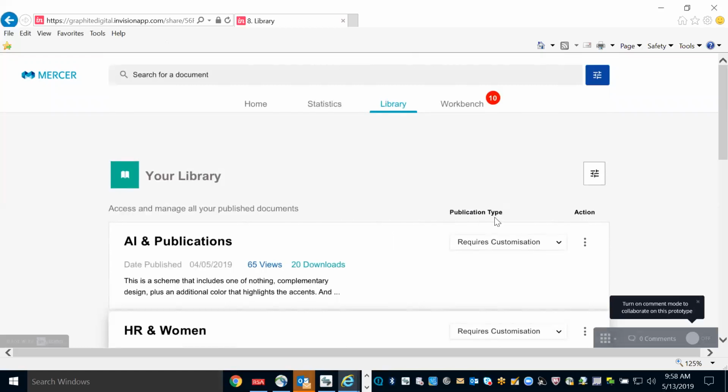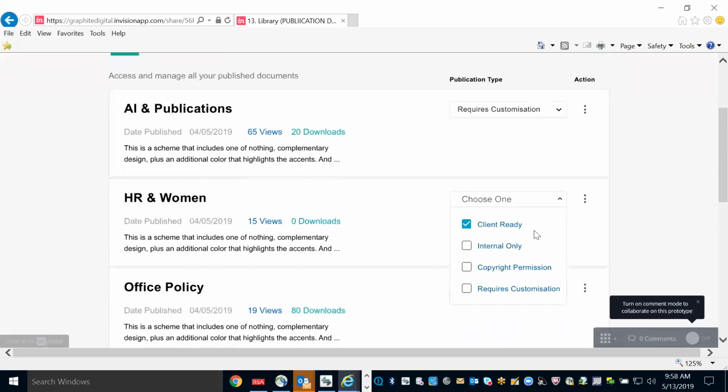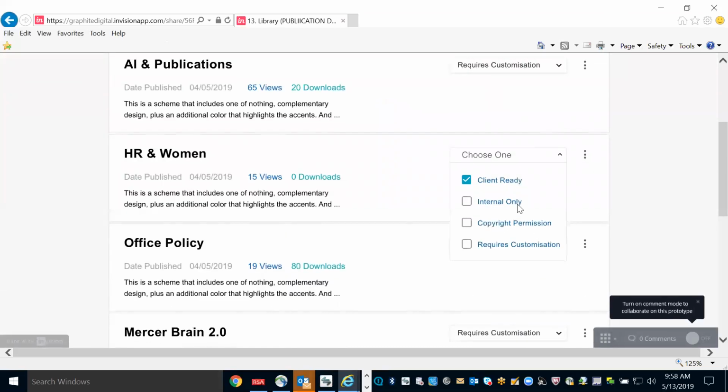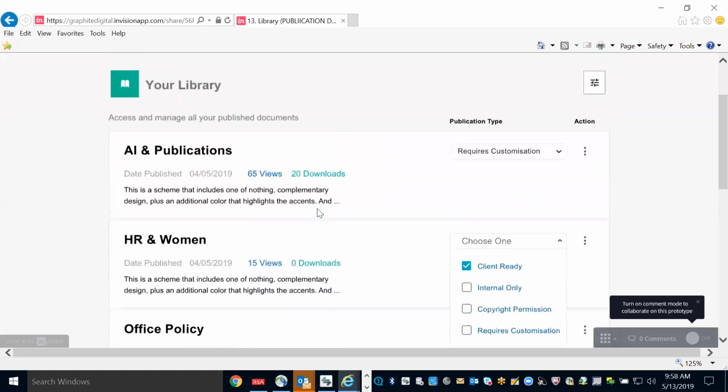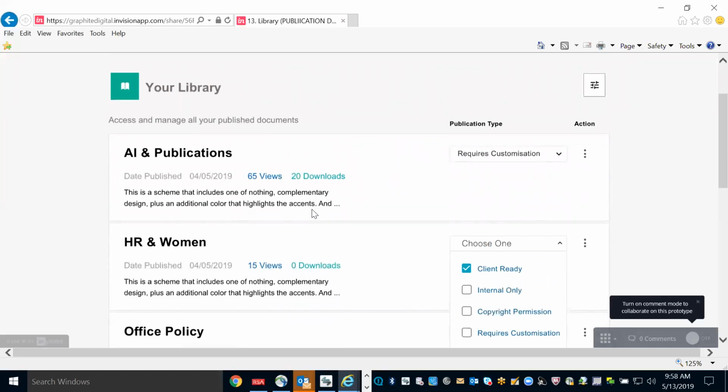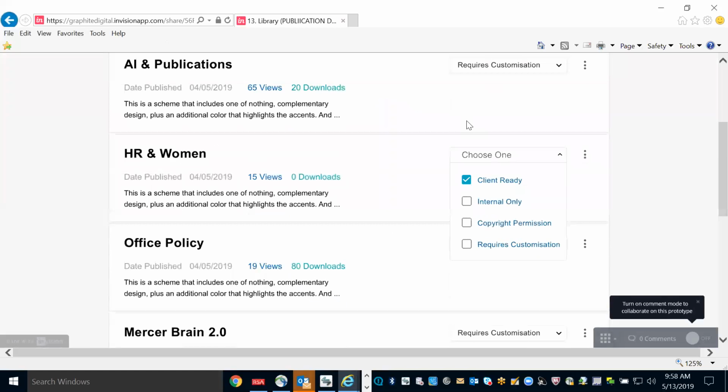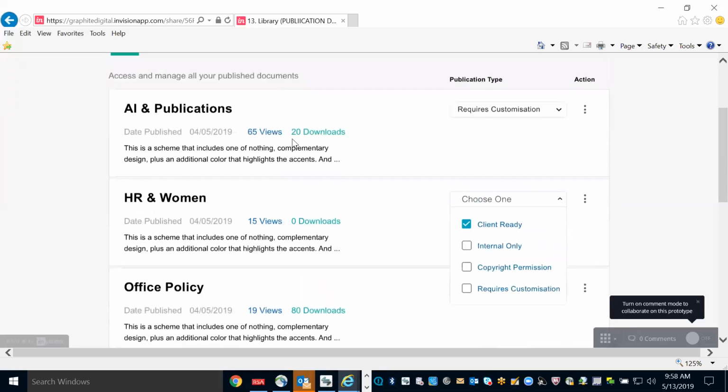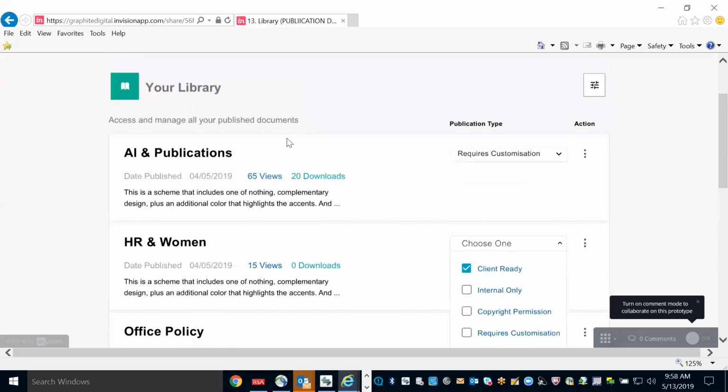No worries. Oh, okay, I see. All right, publication type. Oh, maybe it doesn't work, but this one does, okay. Okay, all right, client ready, internal, copyright permission required. Yeah, I like this. All right, that makes sense now. So it's been uploaded and you've given it a category or type, and that's being housed there. So that's useful. I like that it gives you a little bit of data, whether it's right or wrong in here. This is just for a sample, but that would be really helpful to see that little high level information as you look at your library.